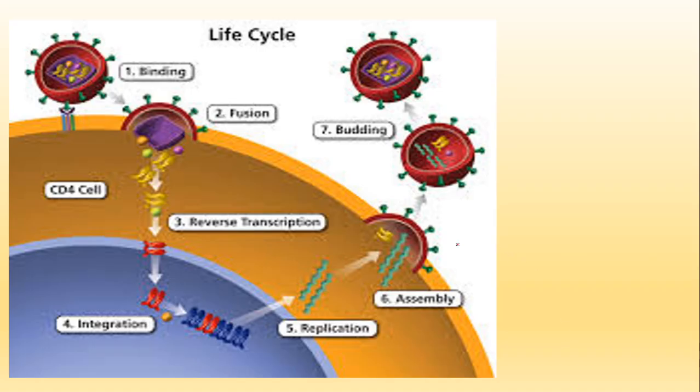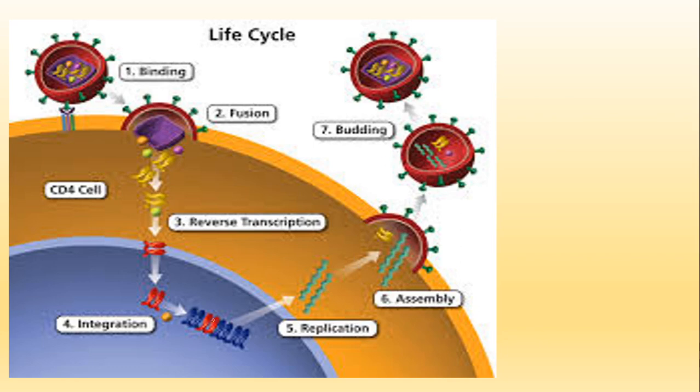One more slide here, in which it has been shown in a very compressed manner. Here you can see the viral particle, it binds, it fuses, releases the genetic material with the reverse transcriptase. The reverse transcription occurs, it joins with the DNA, which will replicate, and also produce the RNA. The RNA will then carry out translation. Translation will release the proteins, viral proteins. For humans also it will release, but the viral part will form the viral coat, and finally the virus particles will be released out to infect more of the cells.